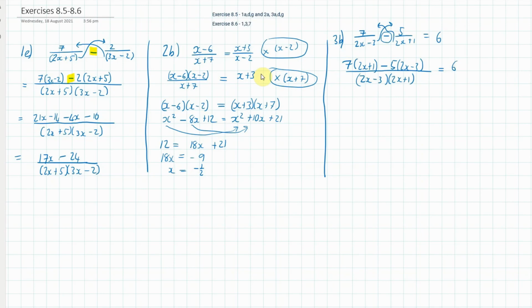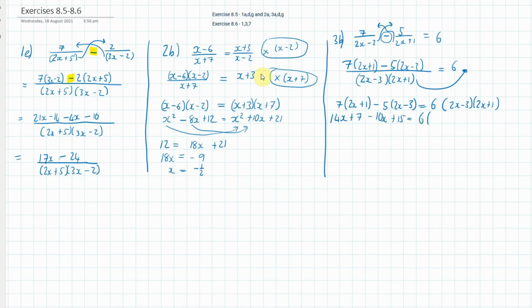Now the next step is I want to take this denominator across the other side, and I do that by multiplying both sides by it. So my next line will read 7 into 2x plus 1 minus 5 into 2x minus 3 is equal to 6 bracket 2x minus 3 bracket 2x plus 1. Now I'm going to do a little bit of expanding. So on the left hand side I get 14x plus 7 minus 10x plus 15 is equal to 6,